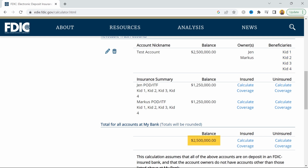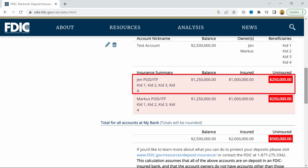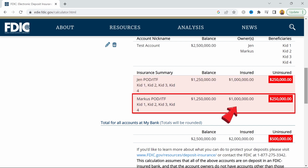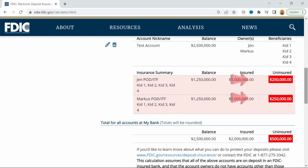As you can see from the balance, because this is a joint account, the $2.5 million balance is split 50-50 between me and Marcus. Now, I'll click on Calculate Coverage. And here I can see that I'm FDIC insured for up to $1 million because there are 4 beneficiaries on this account. That's $250,000 of coverage times my 4 beneficiaries. Marcus is also FDIC insured for up to $1 million because there are 4 beneficiaries on this account. But this red section here means that we're each underinsured by $250,000 for a total of $500,000 that's not insured